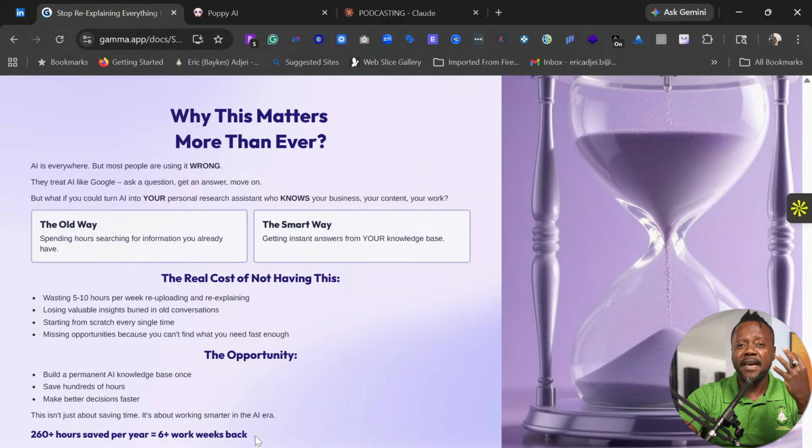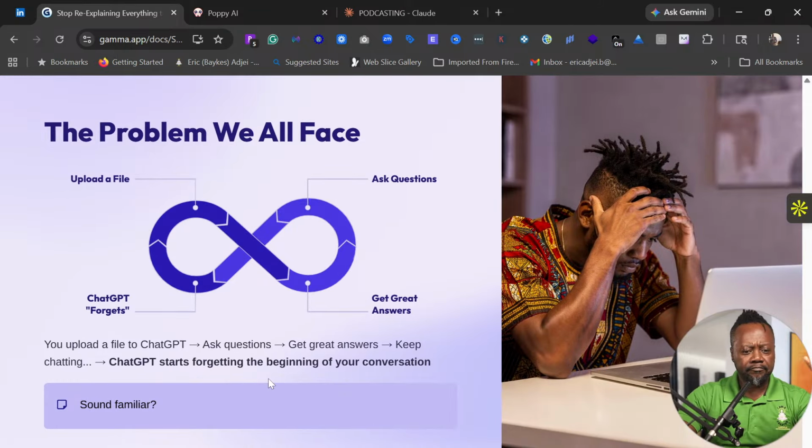And so you save a lot of time, and time is money. So if you are saving this amount of time, guess what you can use that time to do? You'll be using it to pursue more business, or to do more schoolwork, or to do more research and all that. And so the problem we all face is that, first of all, if you are dealing with files, you